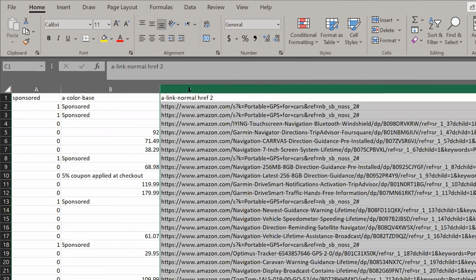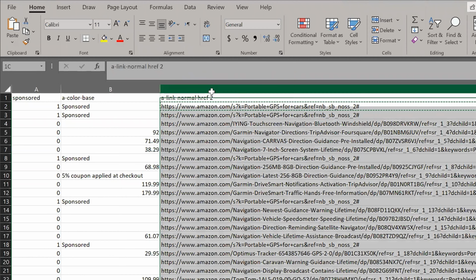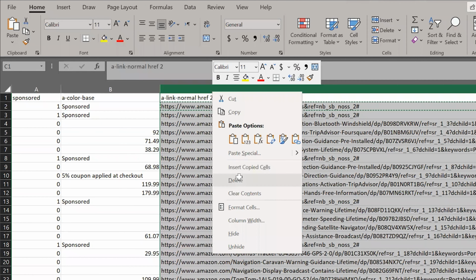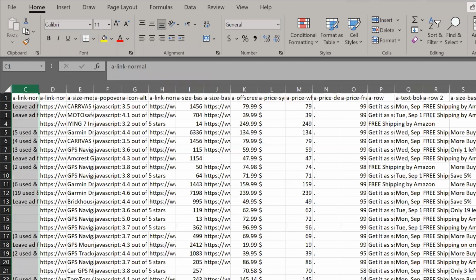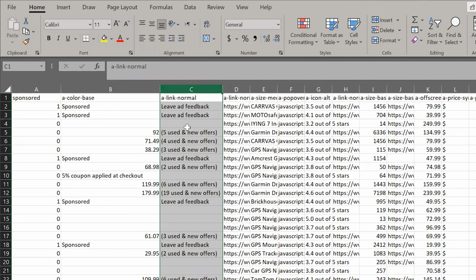All right, so far so good. We have another link here. Following the rule of thumb that we can't analyze links, I'm going to delete this link. All right, now I have this new variable, a link normal. The names aren't very clear what they are. Leave add feedback,